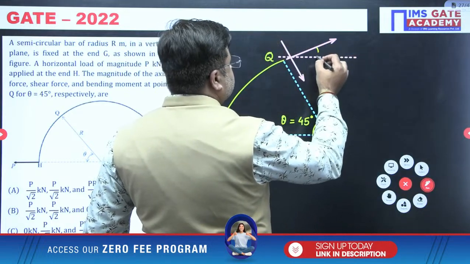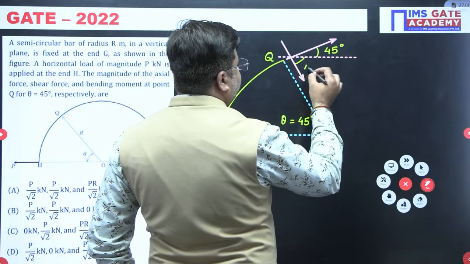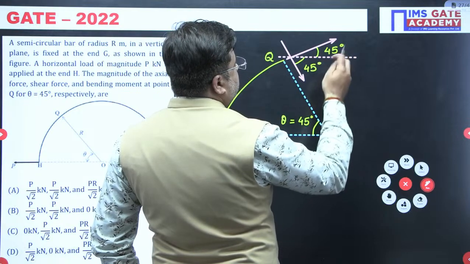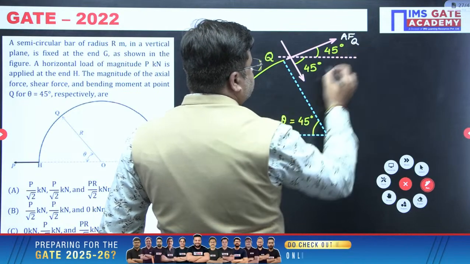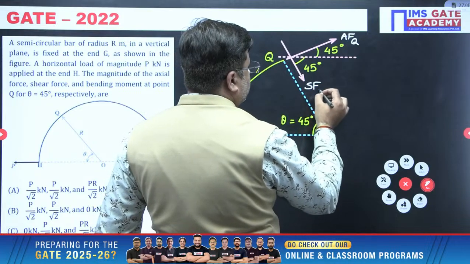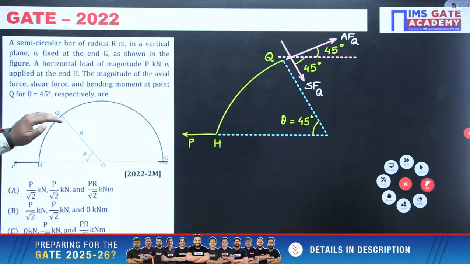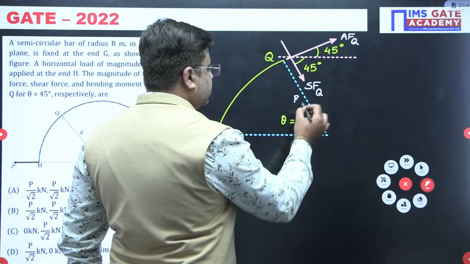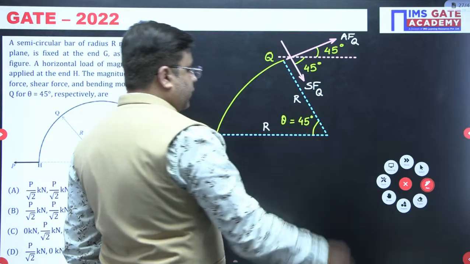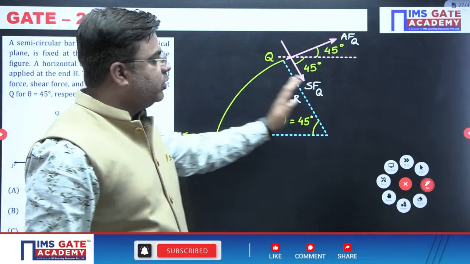So this is 45 degrees and this is also 45 degrees. This is your axial force at Q and this is your shear force at Q. So I have drawn the free body diagram for this H to Q, right? This radius is R here and this radius is also R. Now the next thing that I have to do is, I have to simply write down summation of horizontal and